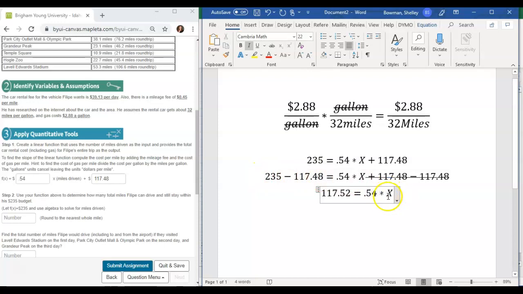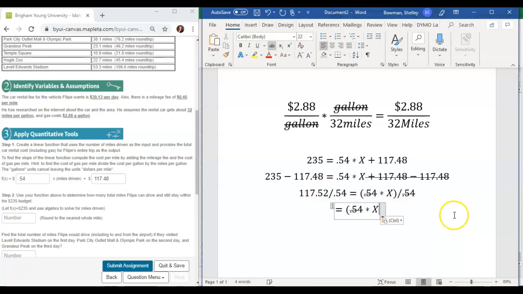Now to continue solving for x, I need to divide both sides by 0.54. So I'm going to, how will I show that? I want all of this side, so we'll do quantity. This entire side divided by 0.54, and the left side also divided by 0.54, and then on this side the 0.54 divided by 0.54 gives me 1. 1 times x is x, or you can say that it's canceled out, which is what I prefer. And then on the left hand side we can go do that in Excel. The 0.54 is gone, so x equals